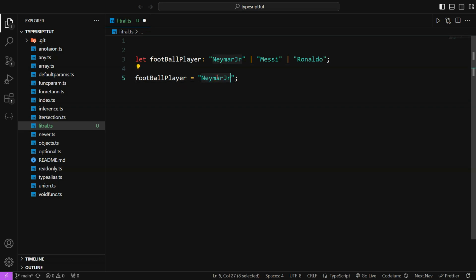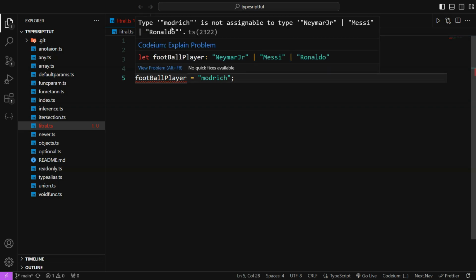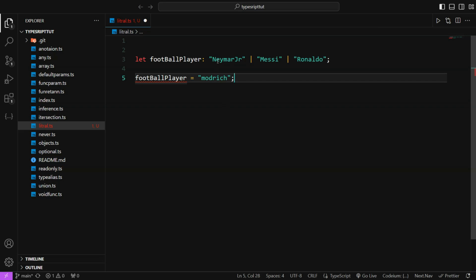But if you use another value, for example, if I say Modric, which is not listed or declared in here, there is an error saying that Modric is not assignable to the type Neymar, Messi or Ronaldo. Okay, so it is not listed in here, so you cannot assign Modric to this variable. But if you assign Neymar Junior,